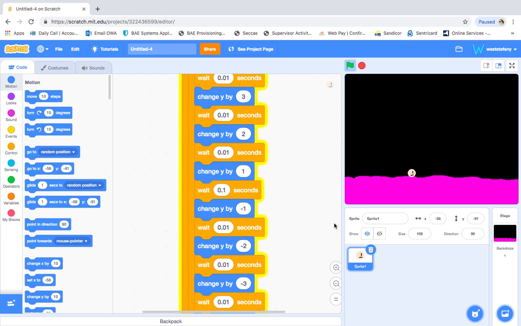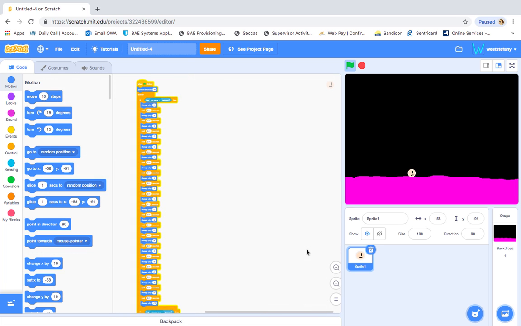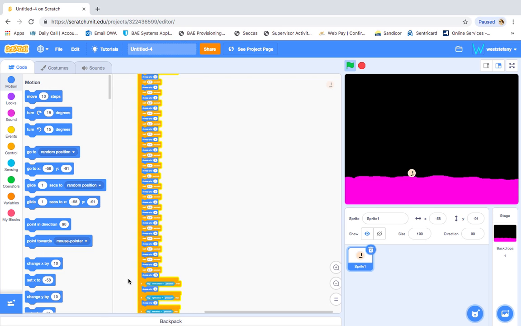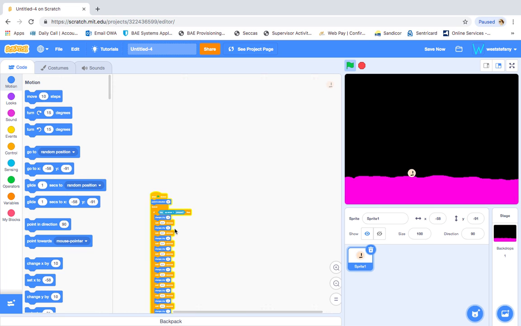So you guys might think this looks like a lot of code, but no worries, it's not going to be that hard. Also, this extra stuff down here is just how he moves back and forth. You don't have to worry about that. This is not included in what we're doing today. So anyway,